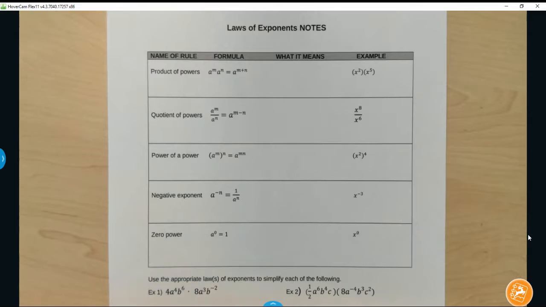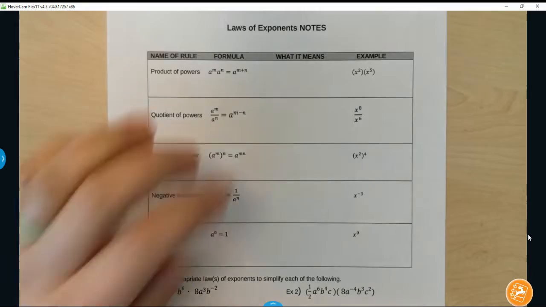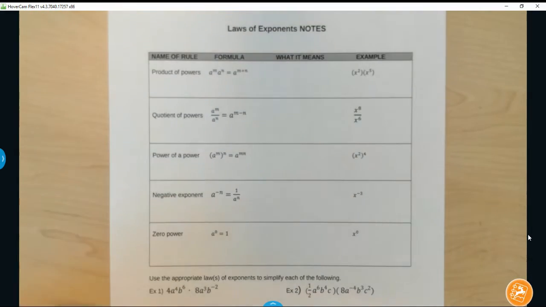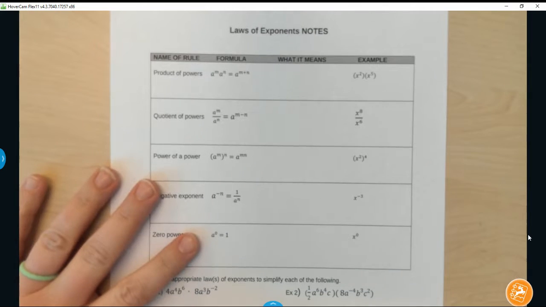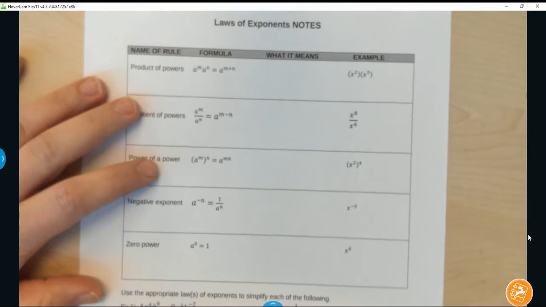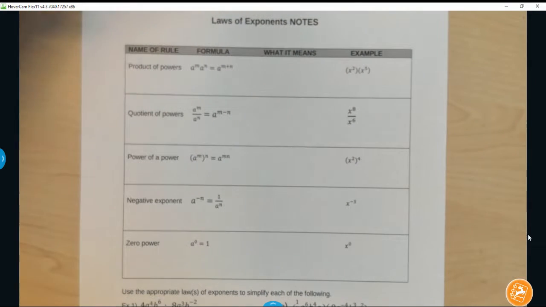Laws of exponents today. What we're going to do is go through each rule and look at it mathematically, put in some writing what it means, and make sure that we understand that rule applies each time. So if we look at the first rule, product of powers,